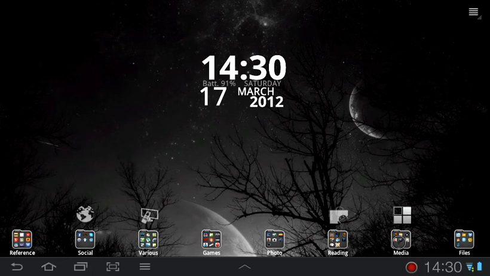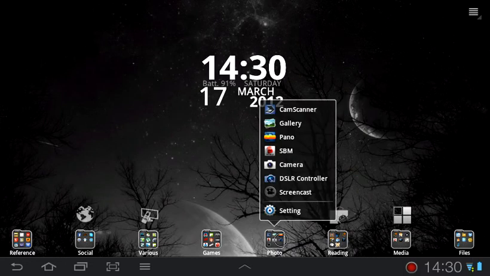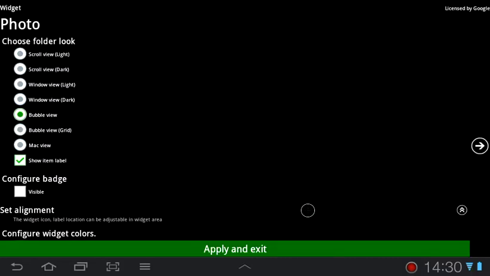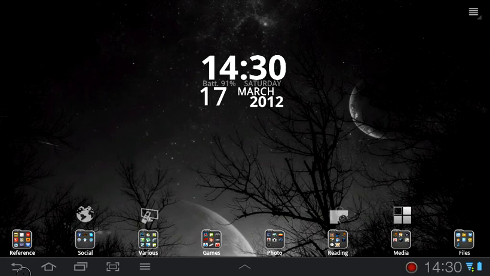You can actually make folders with this launcher. Making folders is a feature that is now included in Android as of Android 4.0, but this is Android 3.2. But most third-party launchers already support folders. But the reason why I'm using widgets as folders, which require you to use this setting interface to add new apps instead of just dragging them into the folder,